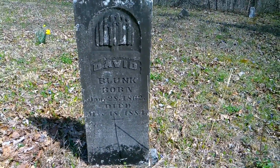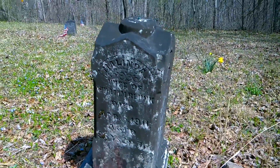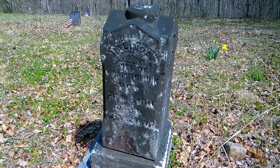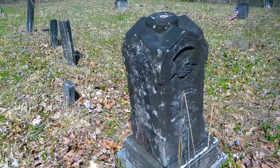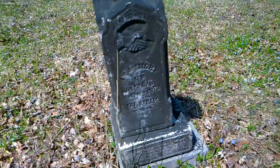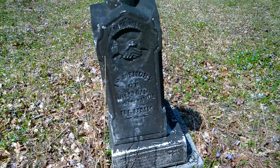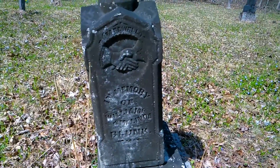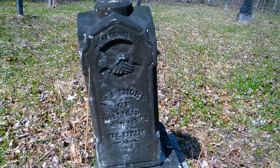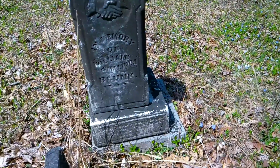David Bunk. By David here, we have a Melinda Bunk. Go over to the side. There's some stone markers. Oh, check this out. It's actually in memory of, this must be the front. It's kind of turned. William and Melinda Bunk,